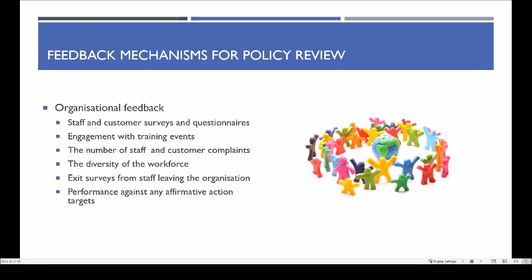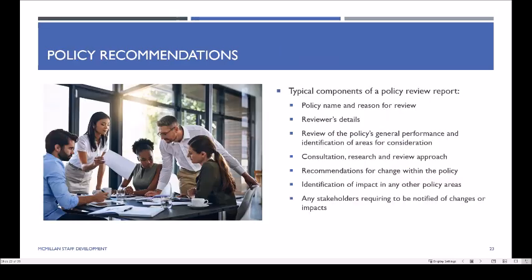We can look at things such as the mix of our workforce and seeing whether policy is actually driving a more diverse workforce or not. We can look at things like exit surveys from staff leaving the organization and have a look at the reasons why they're leaving. Does that have anything to do with our culture or culture around diversity or inclusion? And as we saw from some of the Lifeline points and statements in there, have a look at some of the targets that we set in there. Some of those might be around affirmative action targets and so forth. See how we're performing against those. And then that all feeds into a policy review.